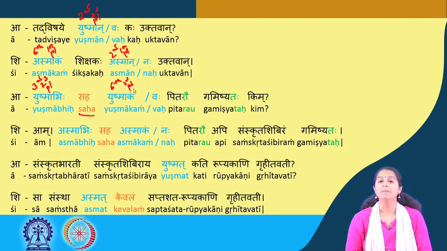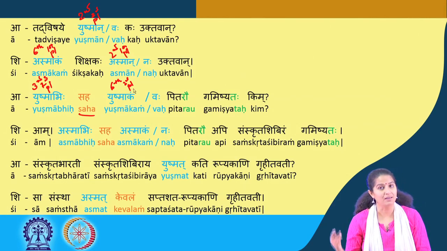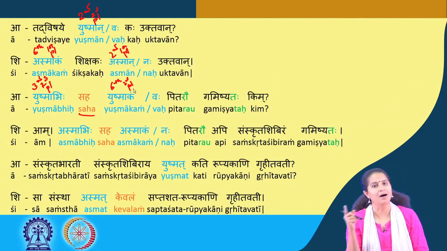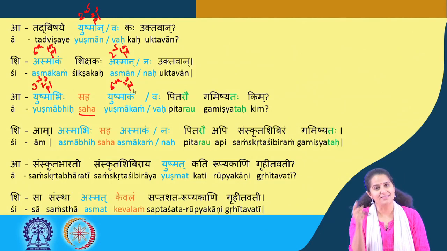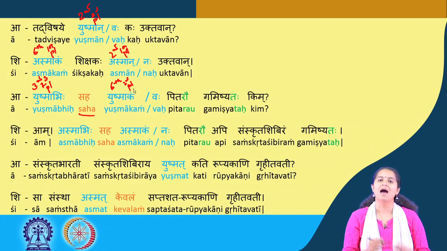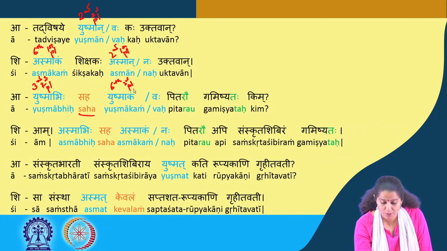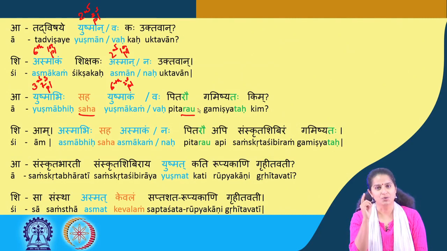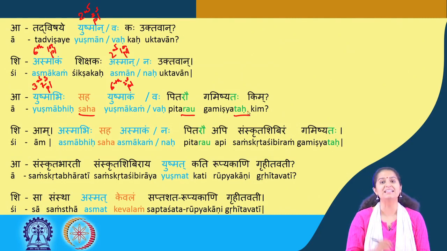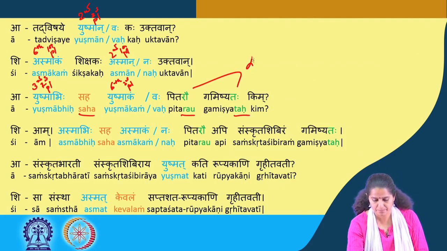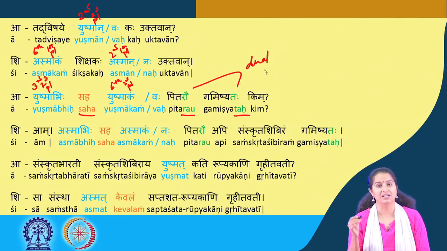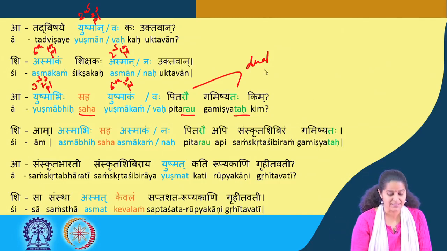Yushmakam or vaha pitarau gamishyatah kim. Pitarau is the dual case indicating pita cha mata cha, the father and the mother, which becomes the couple of the parents, and therefore pitarau. And what do we notice there? That the verb becomes gamishyataha. So the taha here indicates the dual case for the word pitarau. Okay, so pitarau gamishyataha kim, and the answer is